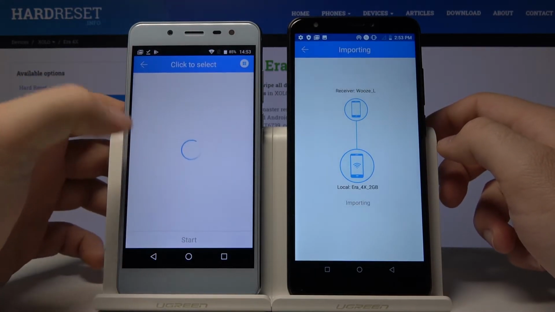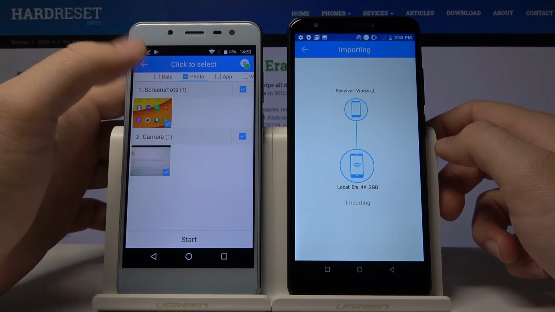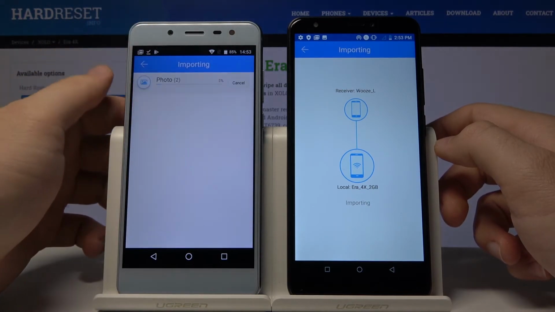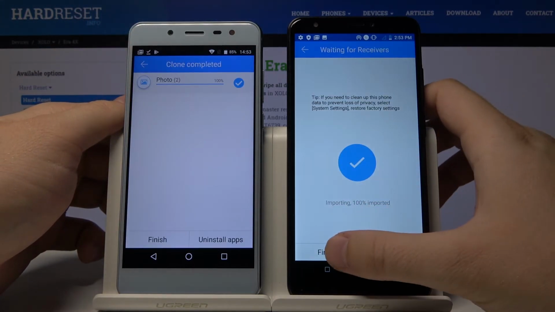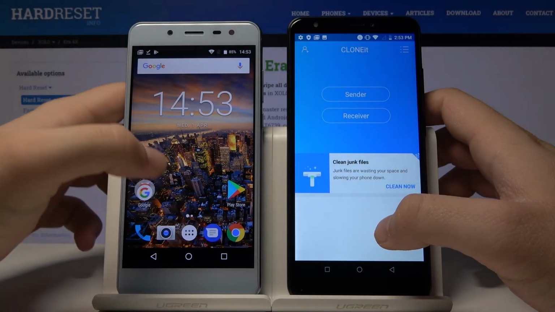And right now we can choose whatever you want. So maybe we can go for the photos. So let's pick this screenshot and the photo. Click on start. Okay. And it's finished. So let's check that this file is for real importing